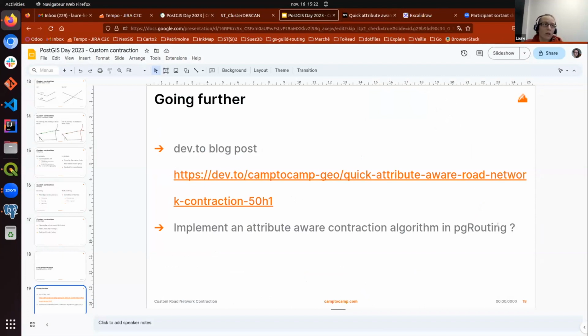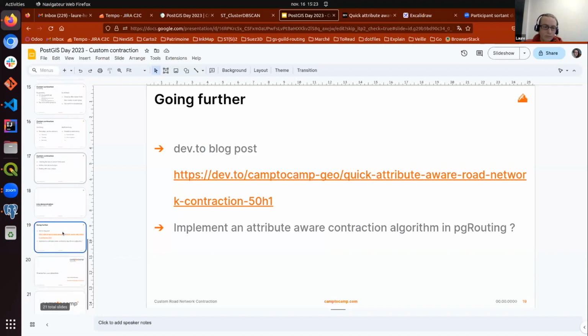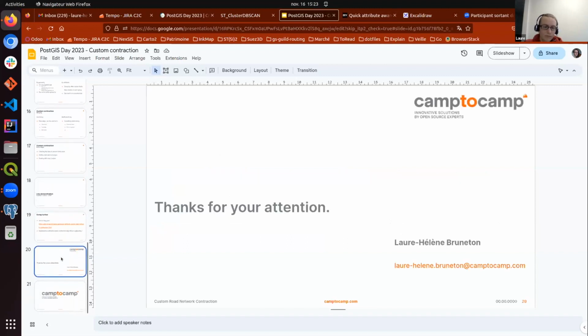In real life, you always work with attributes. You don't only work with nodes and edges. So maybe at some time I will make a contribution in that way. And so that's all I wanted to share with you.